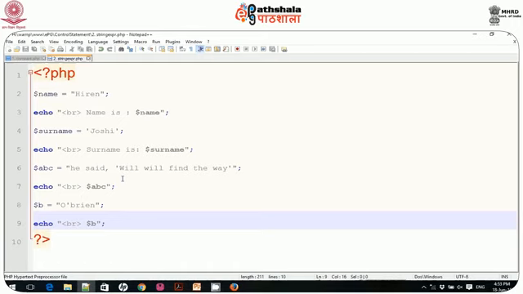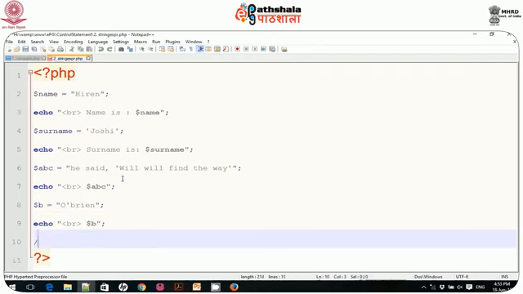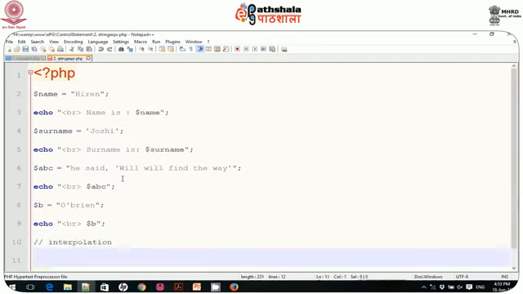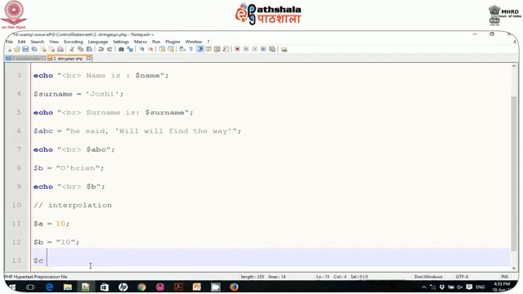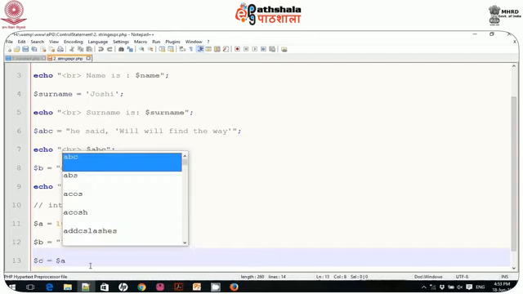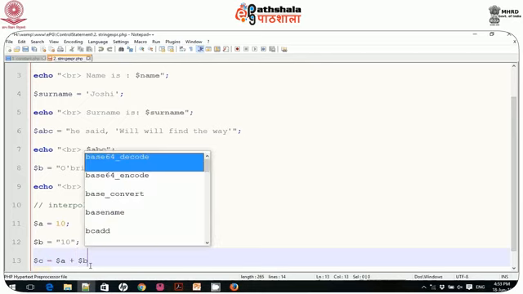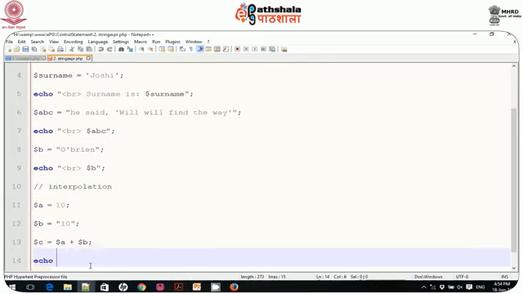So this is known as interpolation. Say for example, let me write a comment, interpolation, and define $a is assigned 10. Now this 10 is an integer value, $b is 10. As I say, PHP is dynamically typed, so here I define $b as a string. I can define this as an integer value. Now I write $c is equal to $a plus $b, and I can write echo